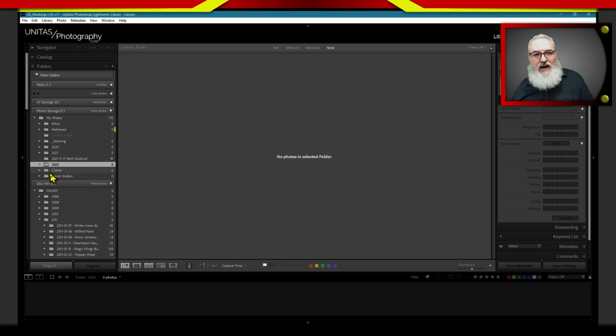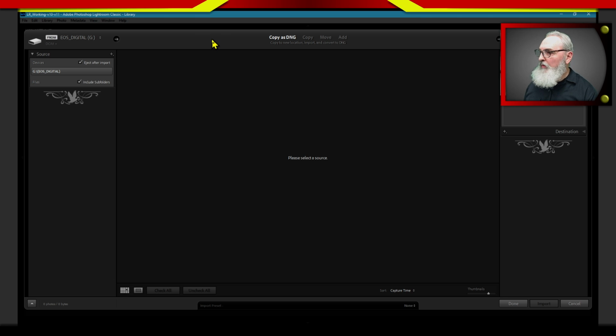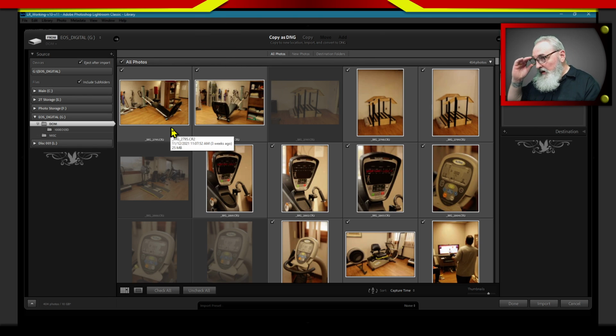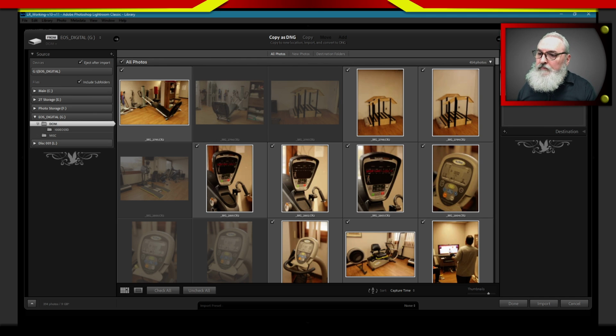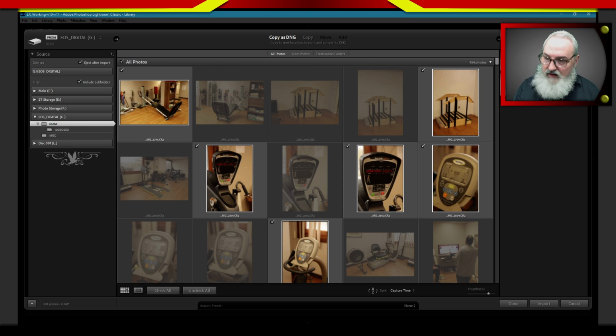Because on January 1st, or the first day after January 1st that you import your images, when you click on your import tab, okay, it brings up the dialog box, right? Over on the right-hand side, you have all your tabs. And the last one here, as you can see,